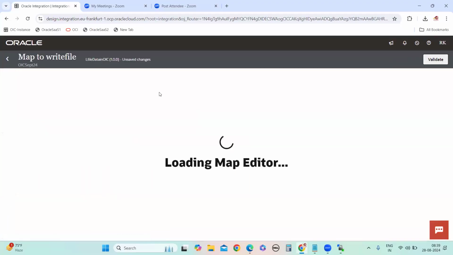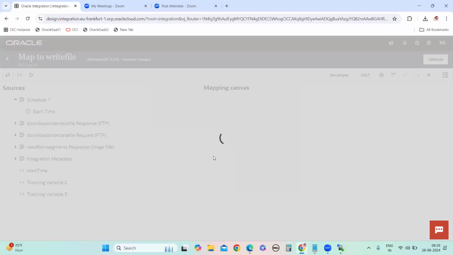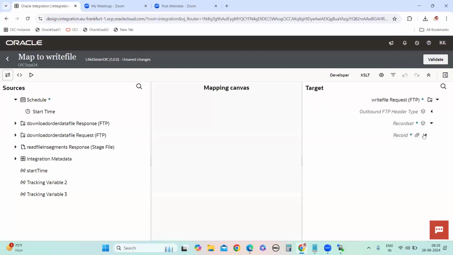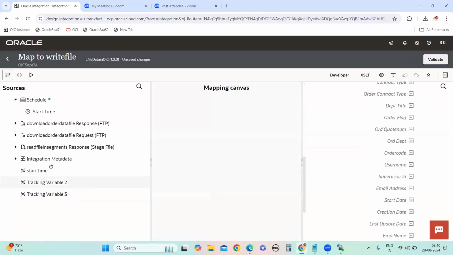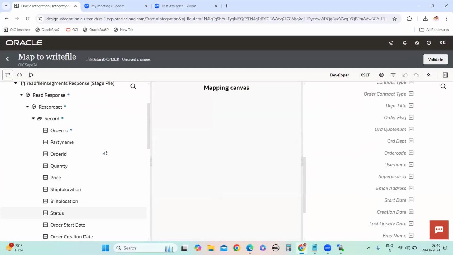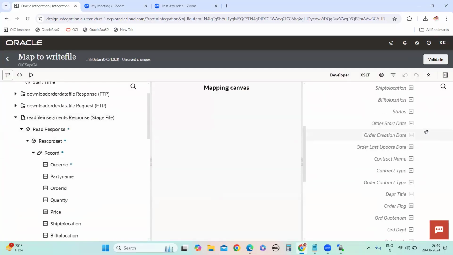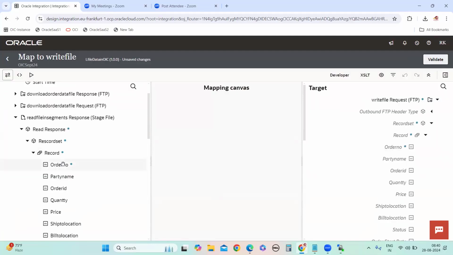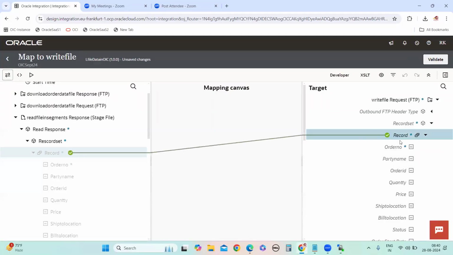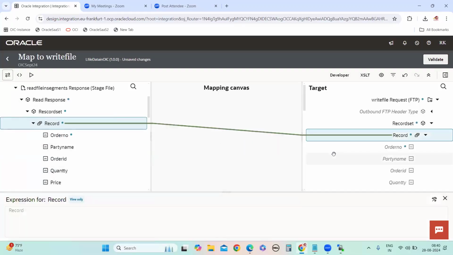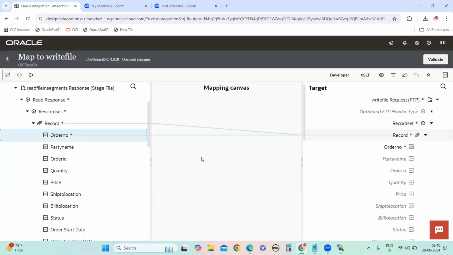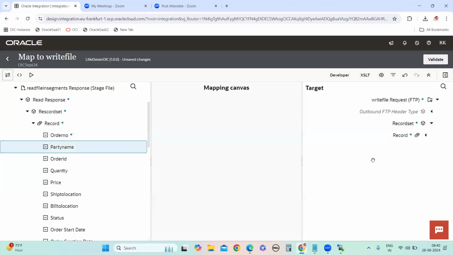So click on it: read file segments response. As usual, you know, a for loop is used to go through each and every record one by one. So you do like this, then like this.